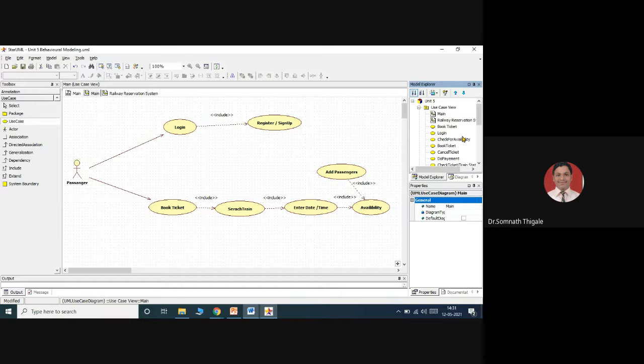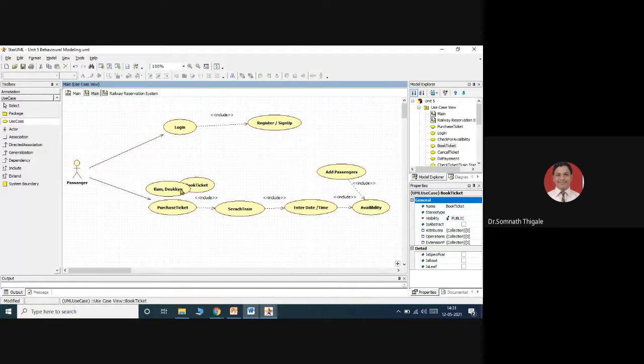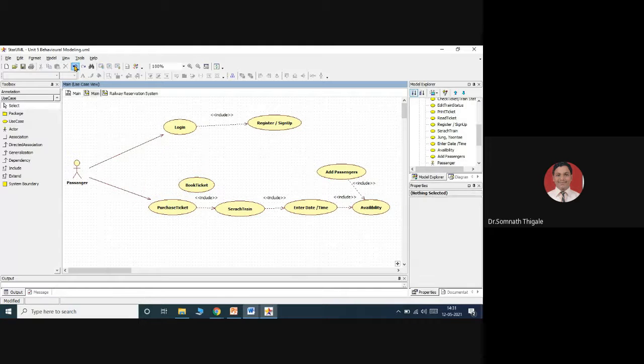Okay. I will add book ticket, it is already there. So I'll consider this as the simplest scenario. Okay.